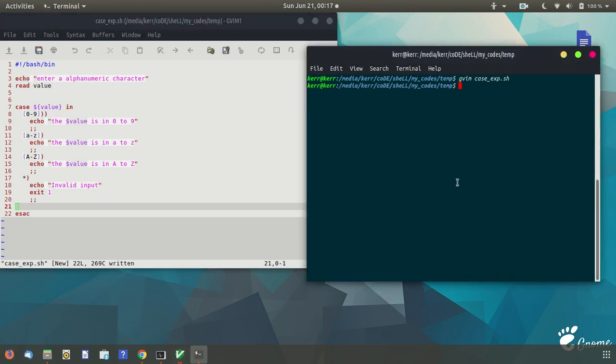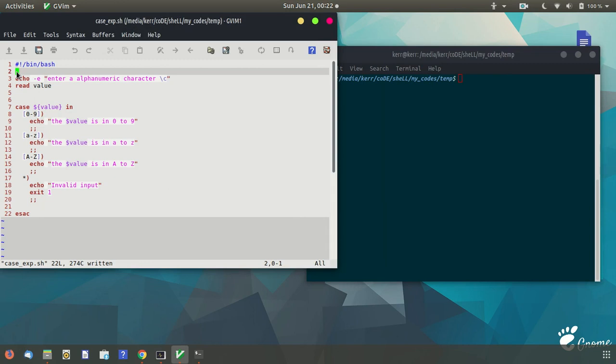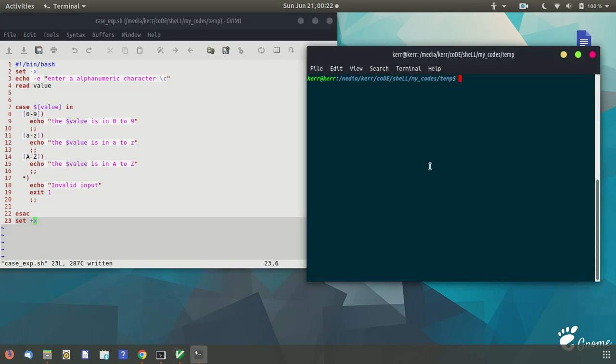Now we're going to trace this code. First run this code with the debugger, set -x, then set +x. I am using this debugger option because that will give you an opportunity to test whether every syntax used within this script is right or not. If there is any mismatch within this script, then the debugger mode will point it out. Okay, so let's run this code.